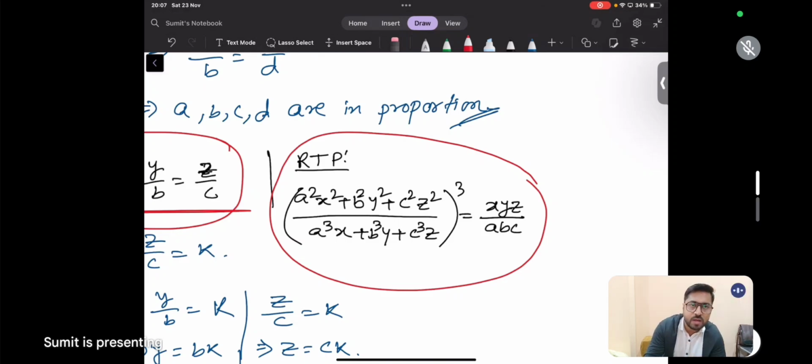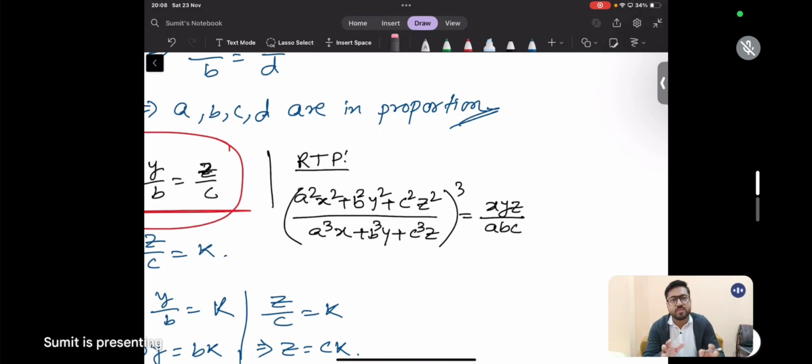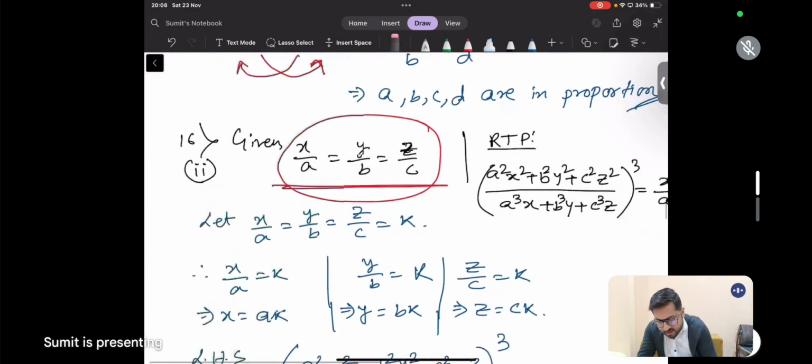এইখানে এই টাইপের সামসগুলোর মজা কি জানিস তো, যে লেফট হ্যান্ড সাইডটাকে আমরা সলভ করতে পারি, as well as we can solve the RHS also, and then we have to prove that after solving that left hand side and right hand side equal or not. একটা সার্টেন একটা কনভেনিয়েন্ট ওয়ে আছে, if you see once then each and every sums will be in that way only. Okay, so first is that x